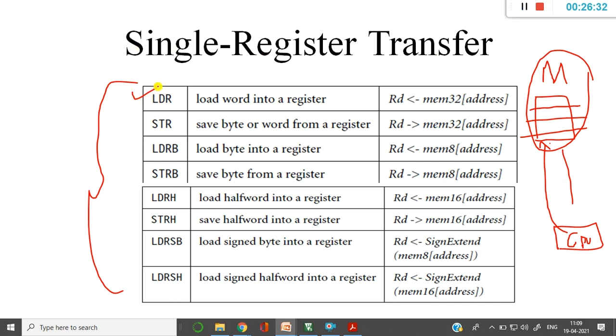LDR and STR are the instructions that we use for performing operations with respect to memory. Where it is a memory of 32-bit, we specify the address, and from that particular address we load to the register. That's what we call LDR.